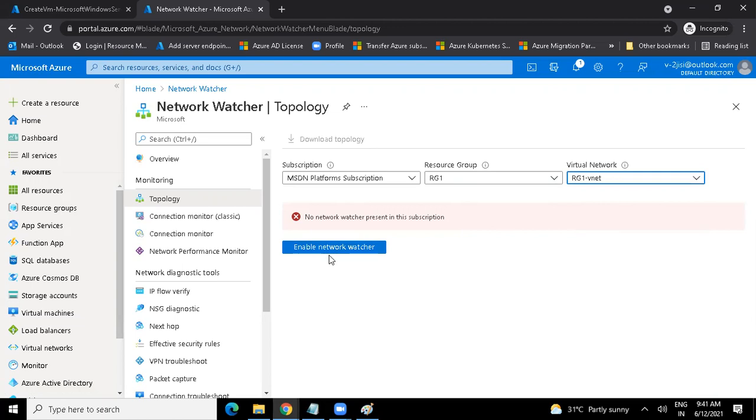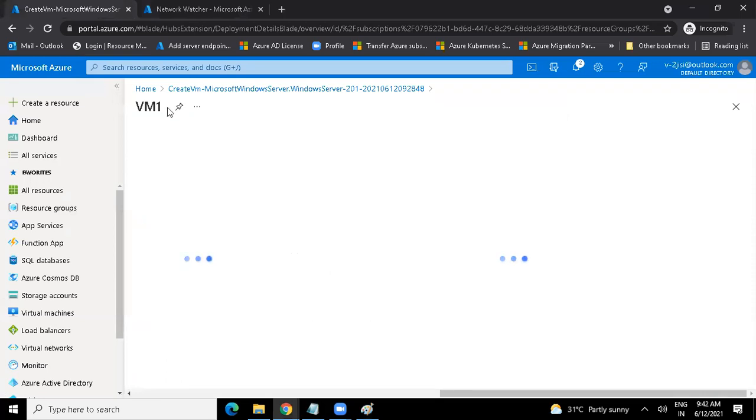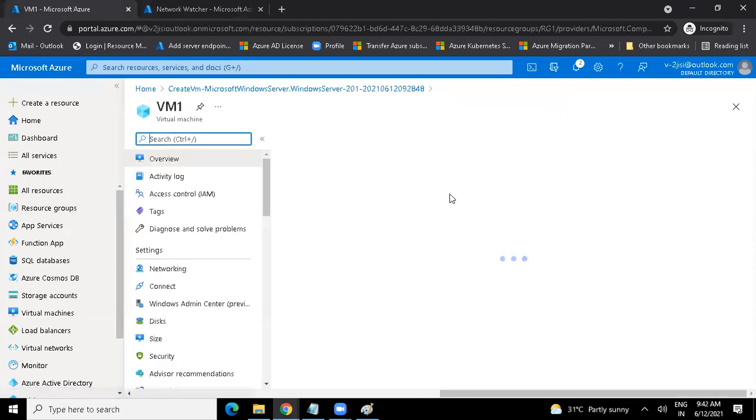It's not showing Network Watcher here. So one thing is we can see the topology. So you can try and do it on your machine. Every time it's saying enable Network Watcher, although I have deployed Network Watcher, but it is still showing the same thing. One more thing that we can do is, see, I have created a virtual machine. Now let's say we are trying to connect to the virtual machine.